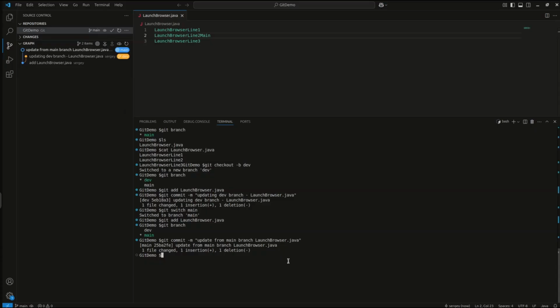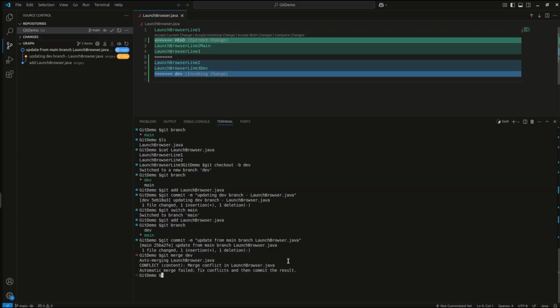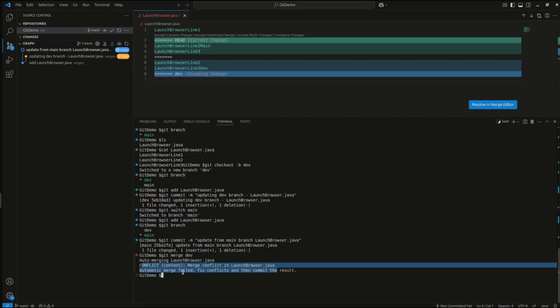Now we will try to merge the contents of dev into main. So I'll run the command git merge dev. Okay, so it is saying there is a conflict. So the merge has failed, and it is giving the difference. If you see this VS Code file editor, it is giving two contents. One is from the current change. Current change means in main we have these two lines,